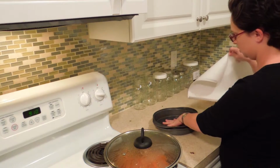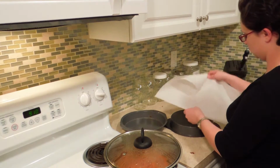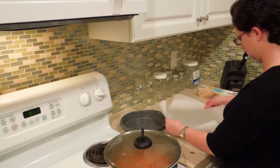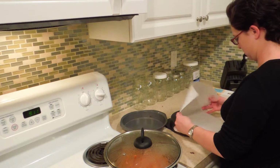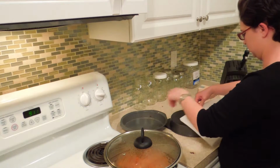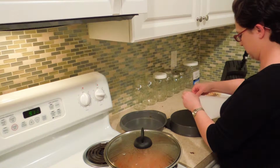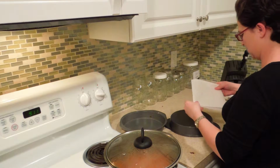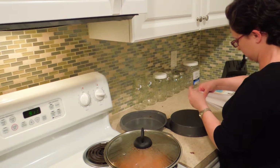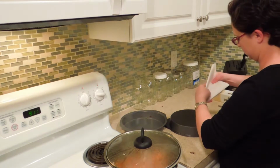To line the bottom of the pan with parchment paper for a round pan, you first take 2 sheets of parchment paper, 1, 2, lay them over each other, fold in half once one way, once the other way, diagonally in half, and diagonally in half